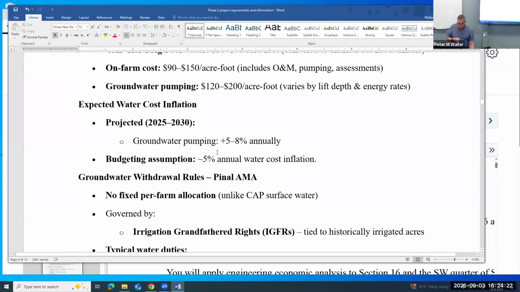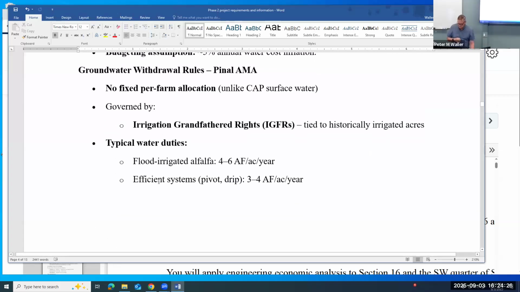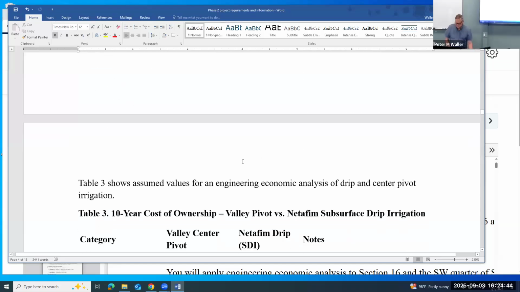Okay, and then the inflation, it's going to go up about 5% a year. And these are the grandfathered water rights. I don't understand this really. But I think if you have flood irrigated alfalfa, you can assume that you could get 6 acre feet per year. I don't understand this completely, but